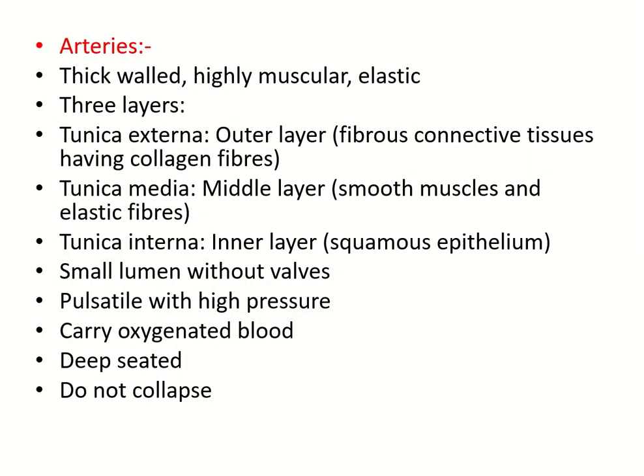Tunica media, the middle layer, is made up of smooth muscles and elastic fibers, while tunica externa, which is the outermost layer, is made up of fibrous connective tissues, which are made up of collagen fibers. The lumen or internal space of the vein